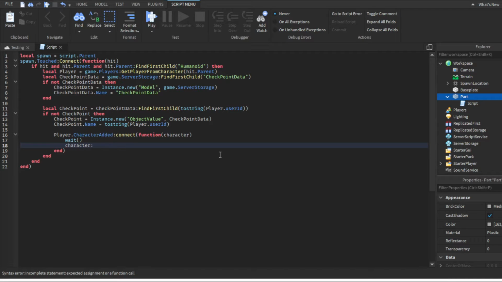I'm going to do character wait for child. Also, don't be alarmed if it doesn't autofill. For some of this, you're going to have to just type it out as you see me doing it in the video. Character wait for child HumanoidRootPart. This is a specific part on the character, if you guys were wondering what that is. Then we're going to do .CFrame